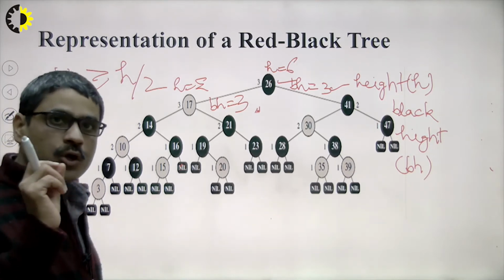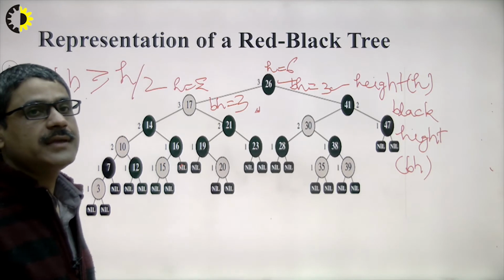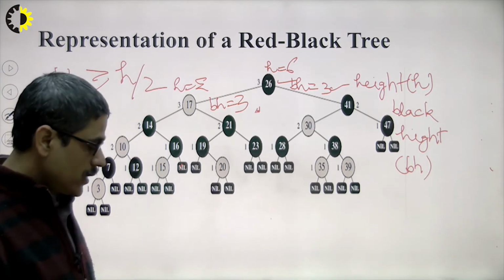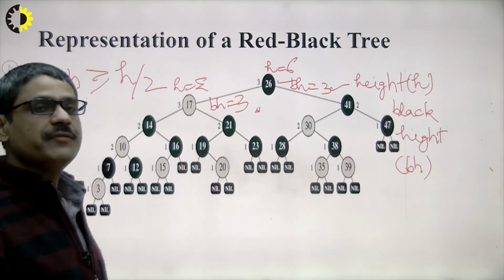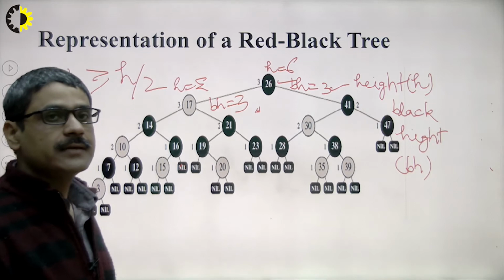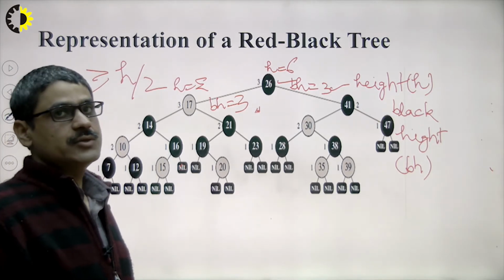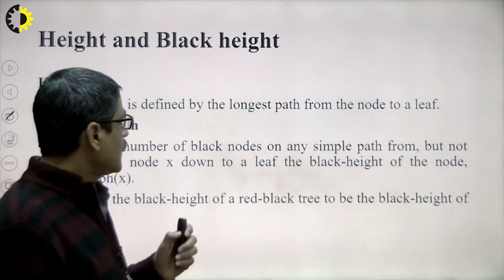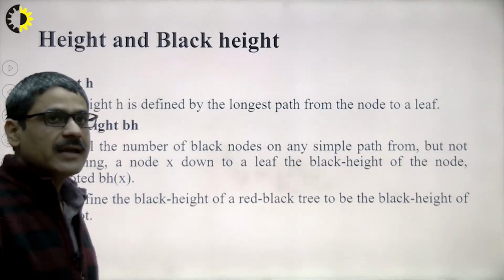between the node's actual height and the black height, and that is a very important thing, because it is used to prove a particular theorem in which we find the total number of internal nodes and calculate its relation with the height. So it is very useful for that. Now I have already discussed this, but again I will repeat: what is height?